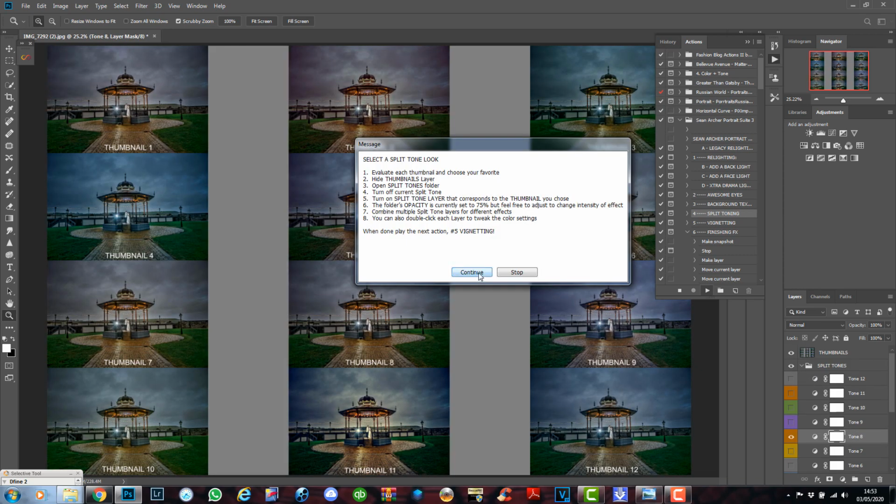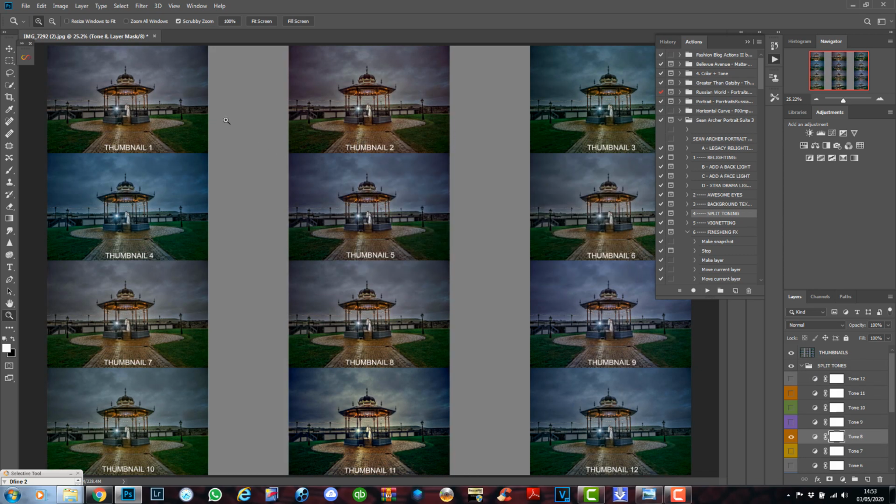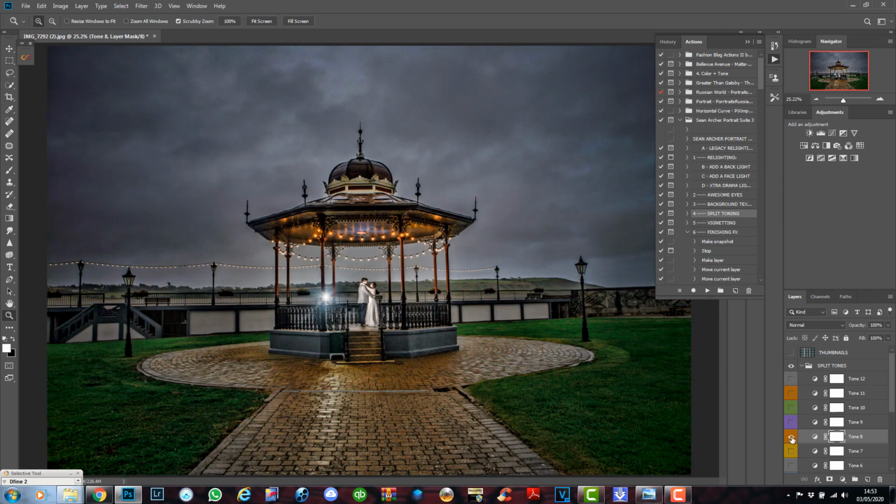So when the action is finished, it gives you a list of thumbnails of what the image would look like. So you just turn the thumbnails off over here on the right, and you go down and you try which one of these tones best suits your image. Now you can add 2 tones together, 3 tones together, whichever look you're going for. So I'm going to turn on the first tone,